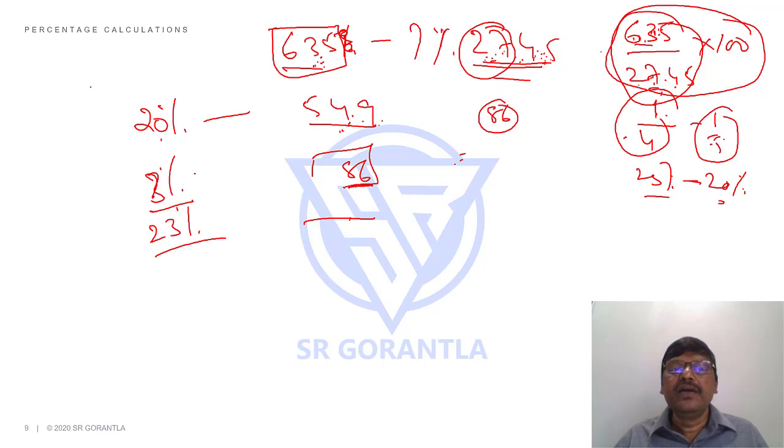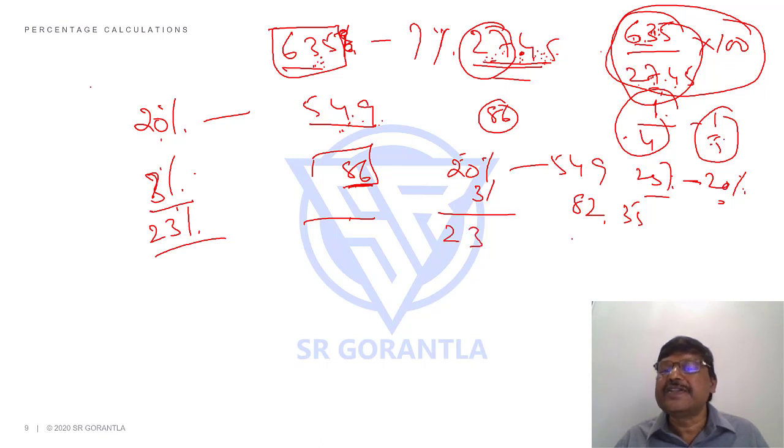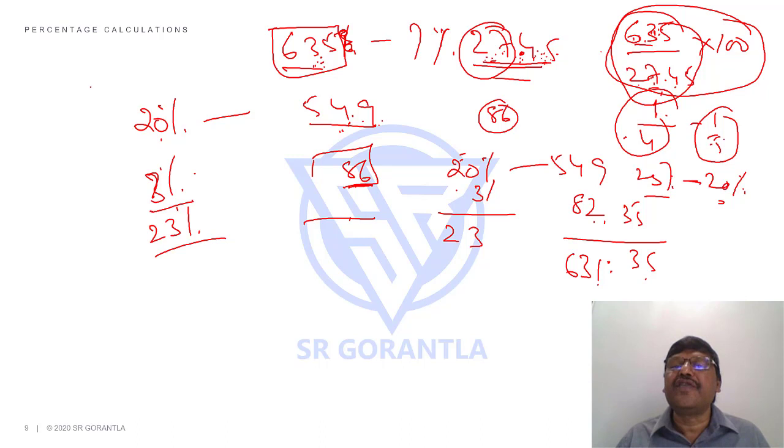I'll show you. 20% is 549. 1% is how much you said? Come on. 1% is 27.45. 3% means 27.45 into 3. 3 5s are 15, 3 2s are 6, 3 7s are 21, so 82.35. 23% is how much? 549 plus 82.35 is 631.35. I need 635, so another 3.65 I have to add. Students, 1% is how much you are saying? Come on, 27. 0.1% will be 2.7. I need around 3, so a little more than 0.1%. My answer will be 23.1 something.